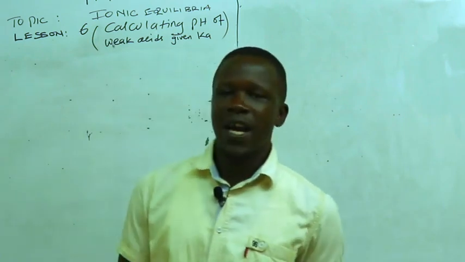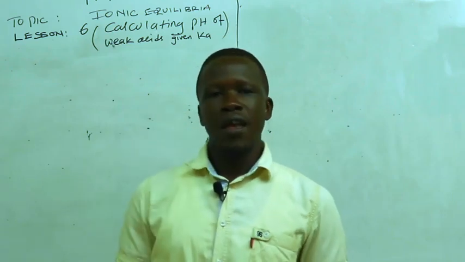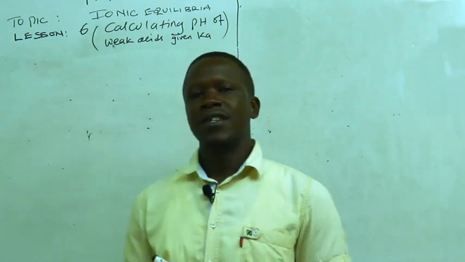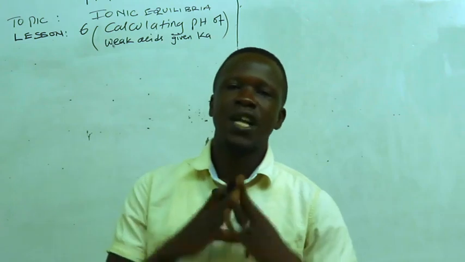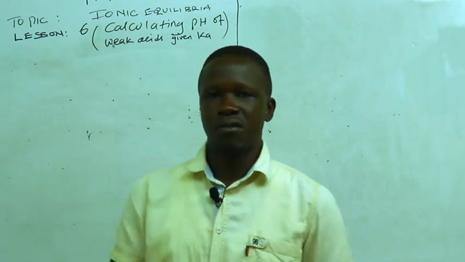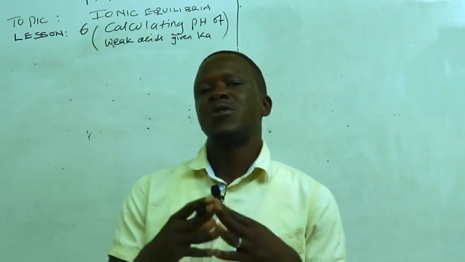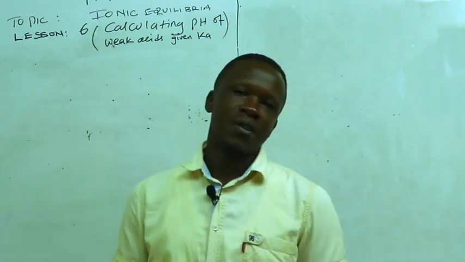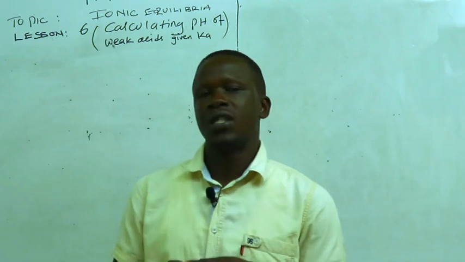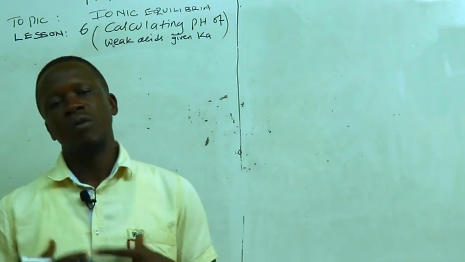But for the weak acids, we cannot rely on the molar ratio because the whole amount of the acid does not dissociate. Part of it remains unionized. And therefore, the given concentration is not enough for us to determine the concentration of hydrogen ions in solution. And that's why we need the acid dissociation constant to help us determine the concentration of hydrogen ions